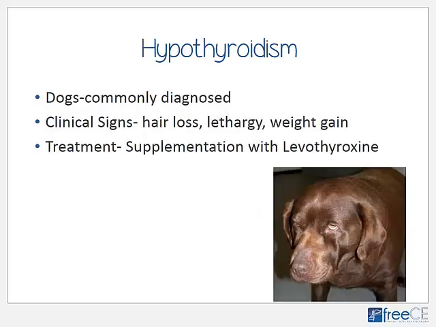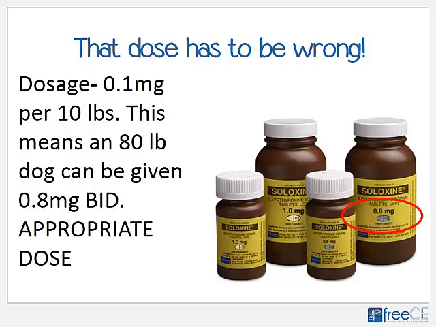Let's start with hypothyroidism. This is a commonly diagnosed endocrine disorder in the dog and is the result of antithyroid antibodies destroying the thyroid gland. We see generalized hair loss, lethargy, weight gain, and seeking warm places to rest. Fortunately, the treatment for this is pretty straightforward. Daily supplementation with levothyroxine. Easy peasy, right? Easy peasy for the veterinarian,